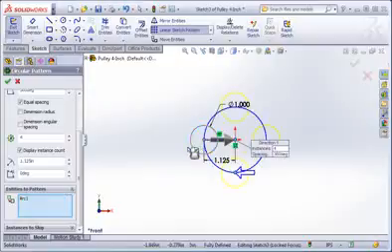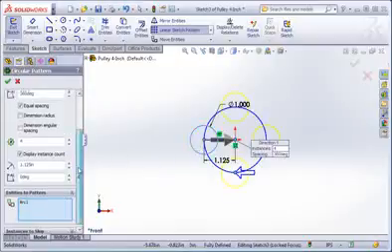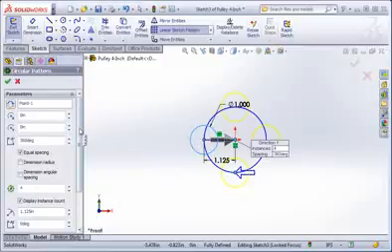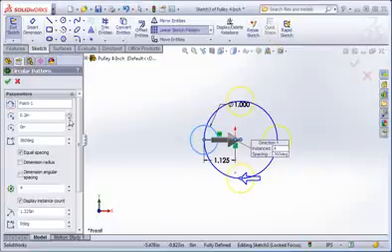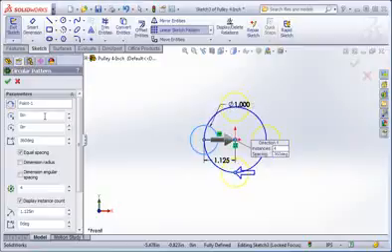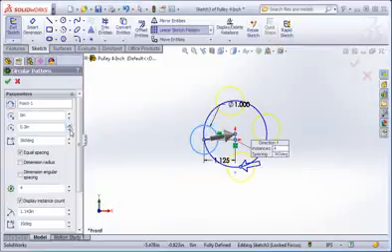There are a few more parameters in this command, but you'll typically use the default settings. Most of these settings are used to shift the center of the pattern. For example, you can use the spinner control to shift the center of the pattern along the x-axis. You can also type a value in the window. This setting shifts the center of the pattern along the y-axis,